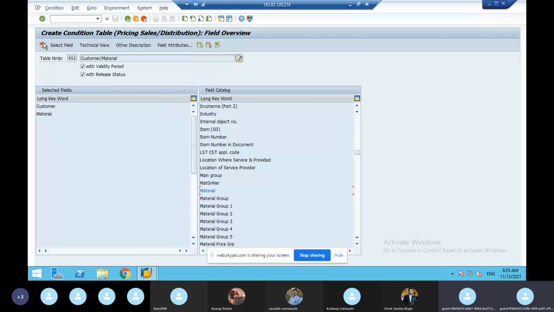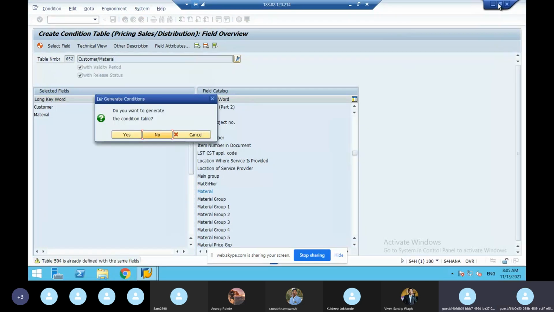So once the right parameters come from the field catalog database to the fields, then you generate the condition table. That is called the red button. If you generate the condition table, in real time also, anything yellow, green comes in real time.